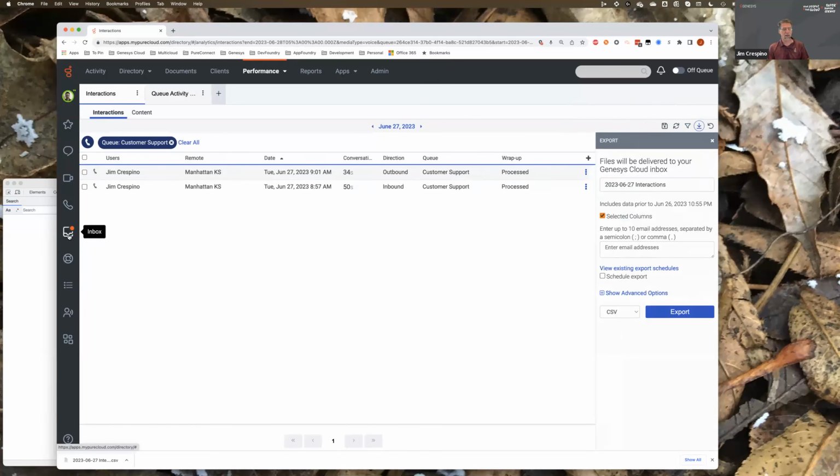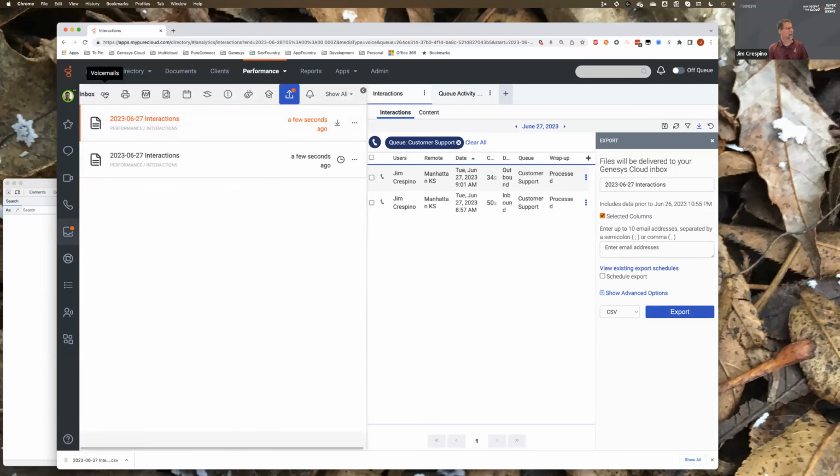Genesys Cloud has an inbox. I don't know how many of you use that, but it has an inbox, and it has various things that show up in your inbox, like voicemails you might have gotten, or faxes, or recordings that were left for you. One of the things are the exports. So if you want to go after those interactions, you can download,